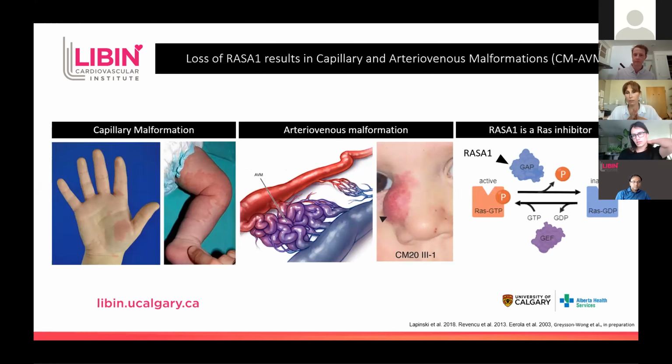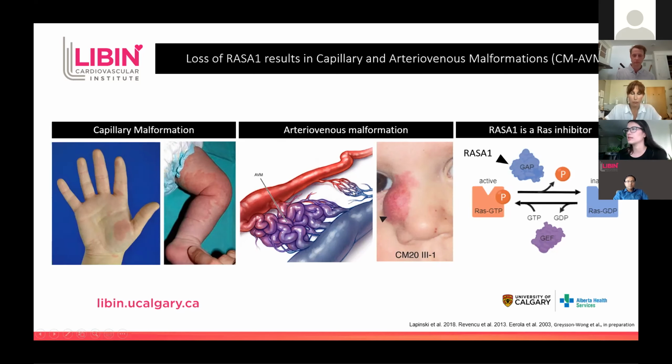So to dive into the two aspects of capillary malformation and arteriovenous malformation, we know capillary malformations are dilated beds of capillaries in the skin, and they look like this on the left side of the slide, also known as port wine stains. I think it was 95% of RASA1 CM-AVM patients have capillary malformations, and the rare presentation of CM-AVM is arteriovenous malformation. An arteriovenous malformation is a direct connection between artery and vein, which would normally be